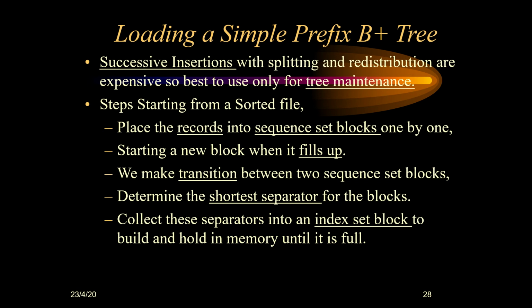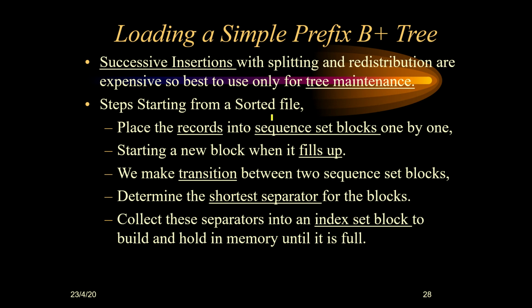As we have already seen in the previous sections, by successively doing insertions or deletions, we mainly do splitting or redistribution, and thereby we maintain the tree. When we do repeated insertion, we always keep searching down the tree for where to insert, and then we go back and make the updates after the insertion. So for insertion and deletion we need to keep moving up and down to maintain the tree. We are trying to concentrate on removing this up and down motion for maintenance.